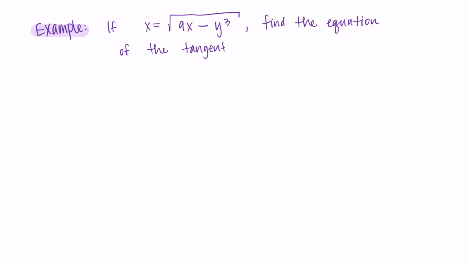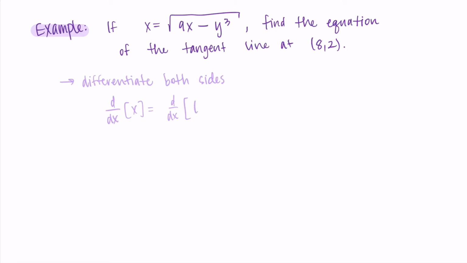So here I'm going to say we have x equals the square root of 9x minus y cubed. And we're going to find the equation of the tangent line at (8, 2) of this. So you should be thinking, okay, the tangent line, I need a point and a slope. So I'm really missing the slope. I want the change in y over change in x, the dy/dx, of this expression so that I can use that as the slope for my tangent line. We have a point, we were given a point, I need that slope. So our goal is going to be to find dy/dx and then plug in the point (8, 2).